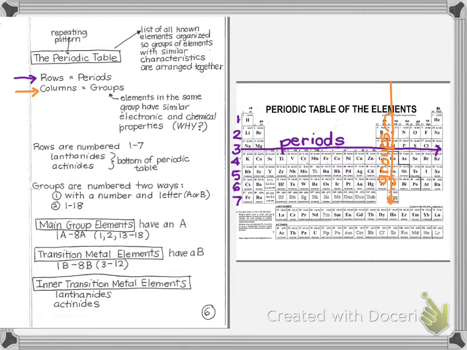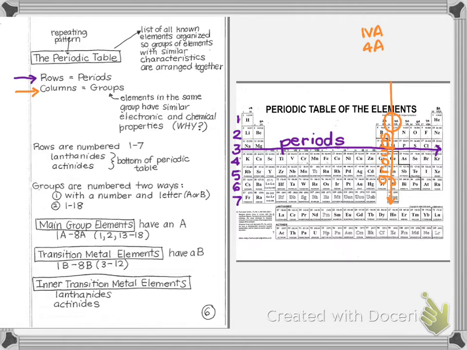Now if you look at the top of the group, and again this periodic table is pretty small, how I had to set it up on the lecture, but if you use one that I've given you, or maybe look at one that you have in your book or at home, you'll see that in this case there are 3 different numbers that describe that group. They don't all 3 have to be there. I just want you to know that those 3 numbers describe it. So the most traditional way would be a Roman numeral and a letter, and the letter would either be A or B. So if you look in the group that starts with carbon, it's Roman numeral 4, letter A. And a little more modern was to say just the number 4 and then A.